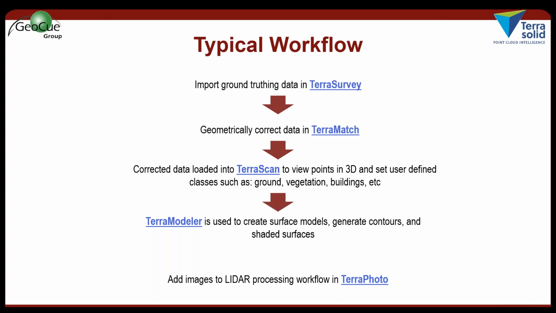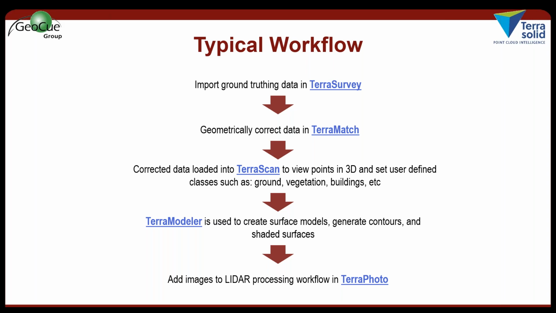The TerraModeler module adds all of the surface capabilities to the products, and then the TerraPhoto module adds anything to do with imagery. That adds a bunch of different workflows you can do when you've got co-acquired imagery or orthophotos to go with your